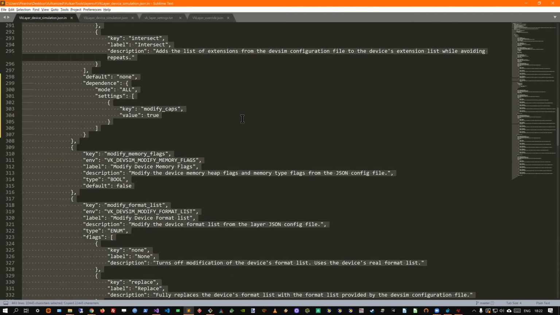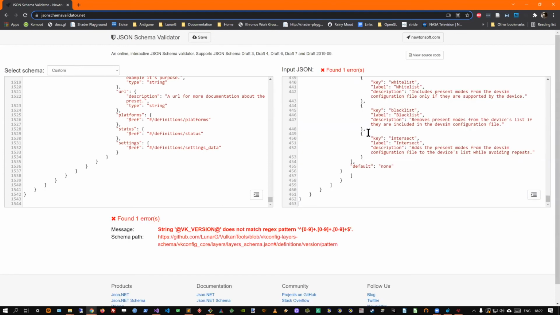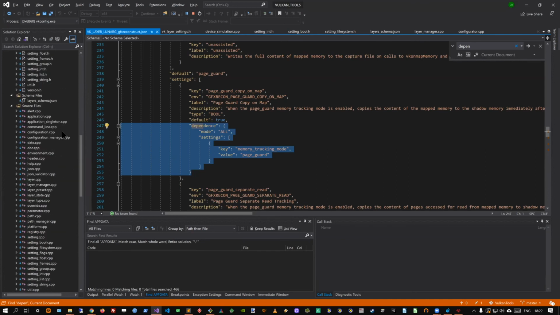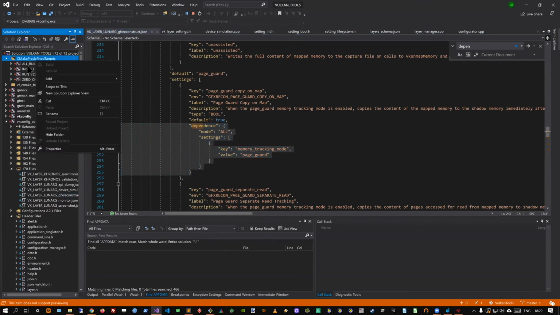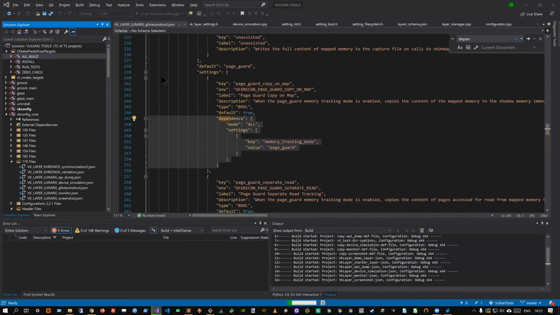I can again go back to validate the file. Oh yes, of course, because I use the source, so it can be validated. I need to compile. File.